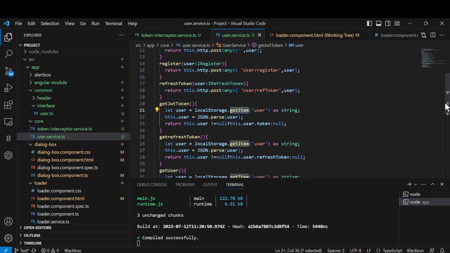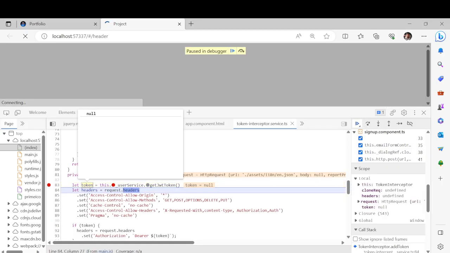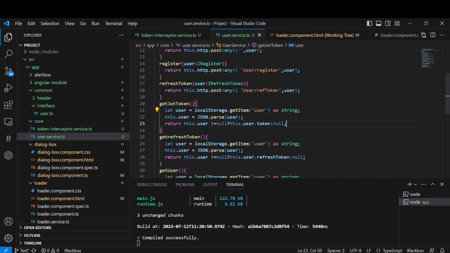So this is the part where, for example, you have already been logged in and you have stored the data in the local storage, so you can get the data from there. This is the part where we will get the data as a user. For now I will get null because I have not stored anything. So if you want to see, what I can do here is